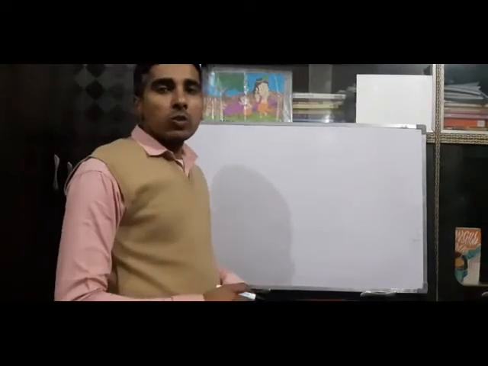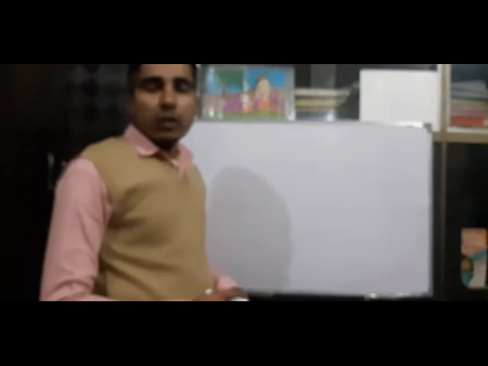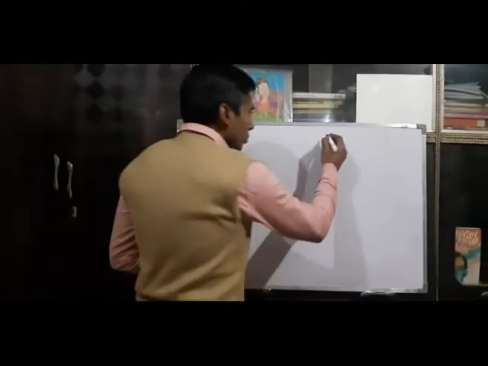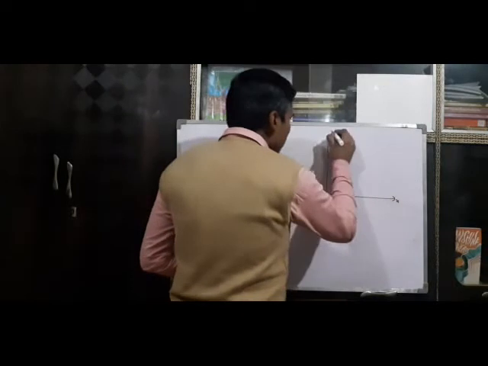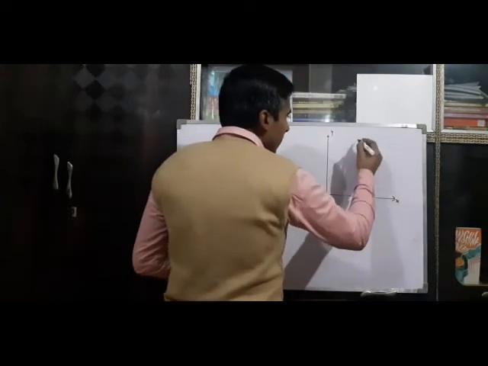Students, today we will study what is an asymptote to a given curve and how can it be obtained. As far as the definition of an asymptote is concerned, it is a straight line which touches the given curve at infinity. In mathematical sense, suppose this is an x-axis and y-axis and we take a curve